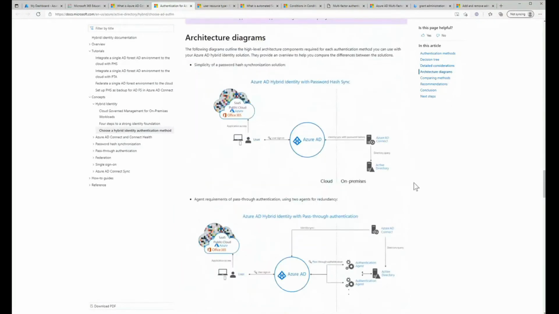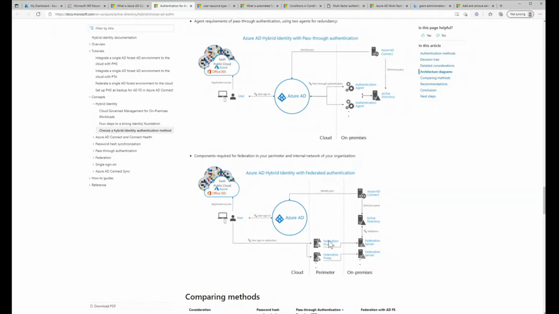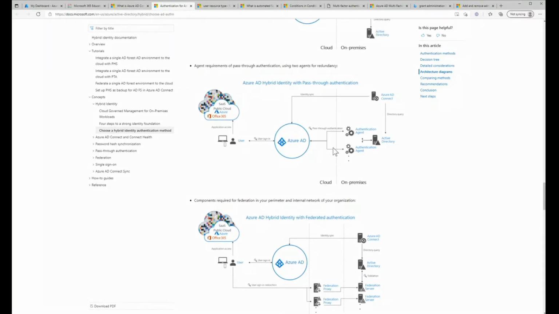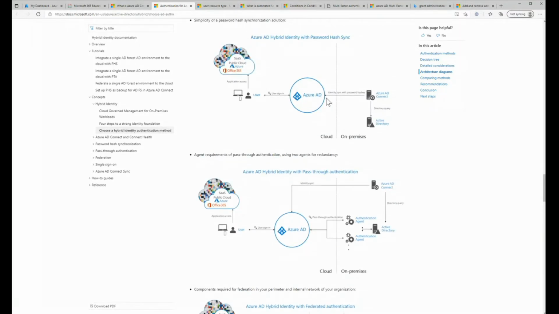So this is where it actually describes for you, again, in simple terms, but helps wrap your mind around how to leverage each one of the different password authentication processes that is available to you. So you have all three, including federation, which again relies on a federation server and a federation proxy. The pass-through relies on authentication agents, and then the password hash identities are synced via Active Directory Connect, so there isn't additional infrastructure needed. So I just wanted to talk briefly about Azure Active Directory Connect, the password authentication methods that you can leverage,